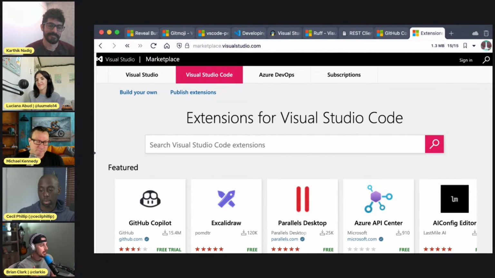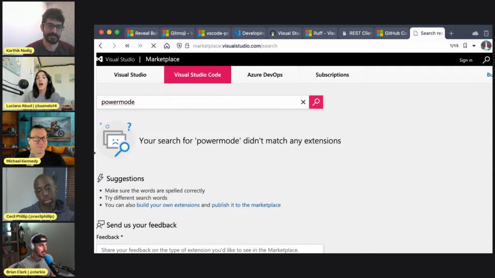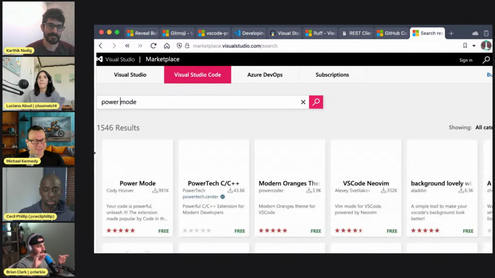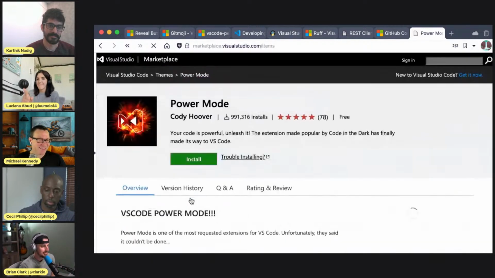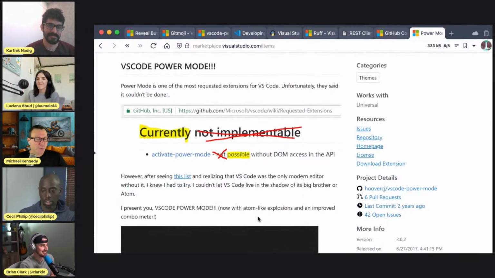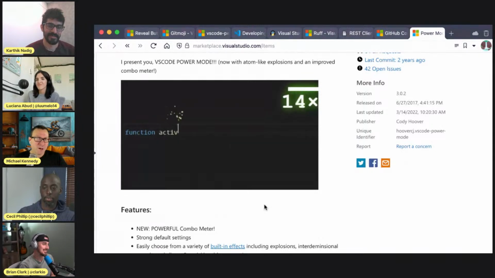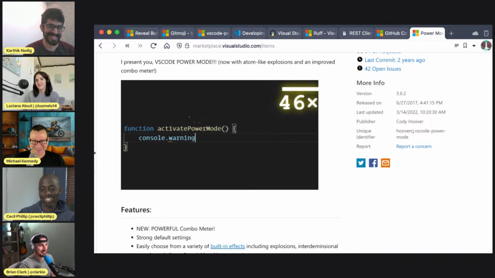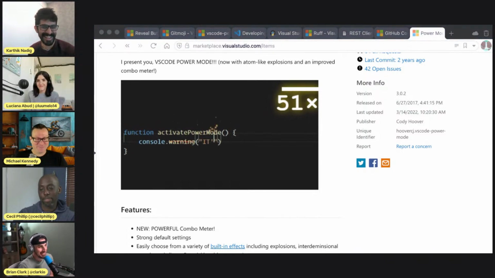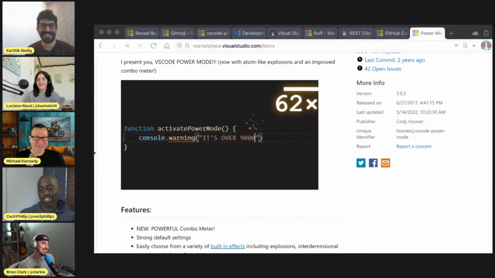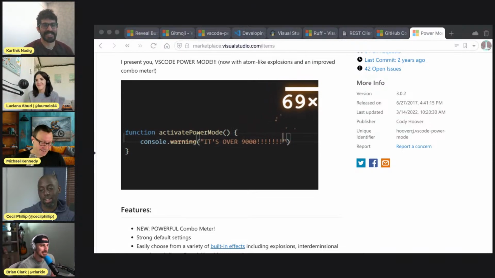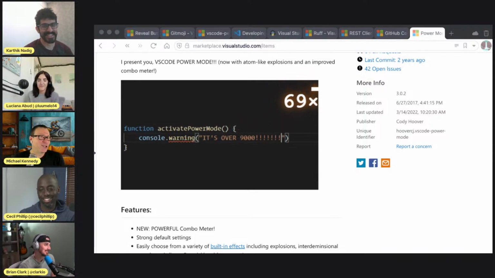And then the fun one I would say is Power Mode. That one is something that you can turn on that when you're typing, it throws fireworks or something like that as you're, yeah, I am coding. Brian, if you were in a hacker movie and you had to save the day, this is what it would look like as you typed. Yes. Power mode engaged. So you've got 10 seconds. That's a fun one. Just hang on, I'm almost there.